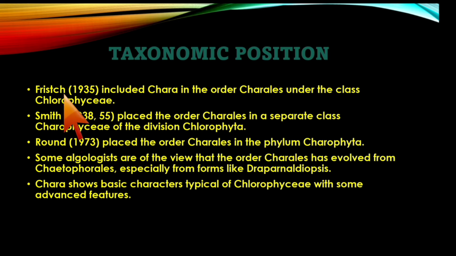According to Fritsch in the year 1935, he included Chara in the order Charales under the class Chlorophyceae, whereas Smith, in the year 1938 and 1955, placed the order Charales in a separate class, not under Chlorophyceae, but in a separate class, Charophyceae, of the division Chlorophyta. Whereas another person, Round, in the year 1973, placed the order Charales in the phylum